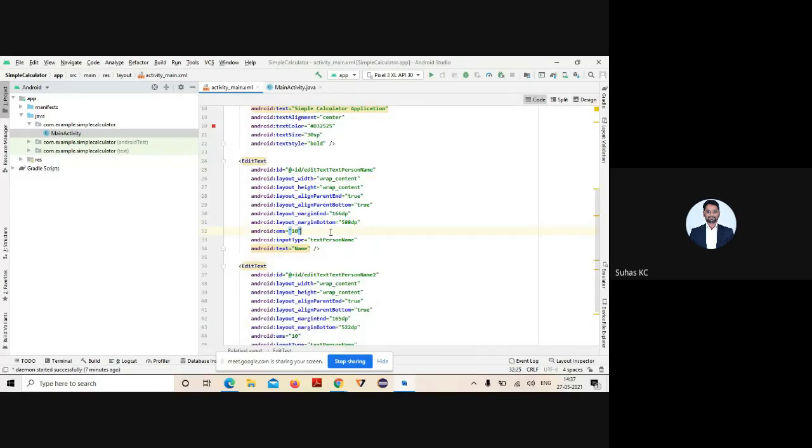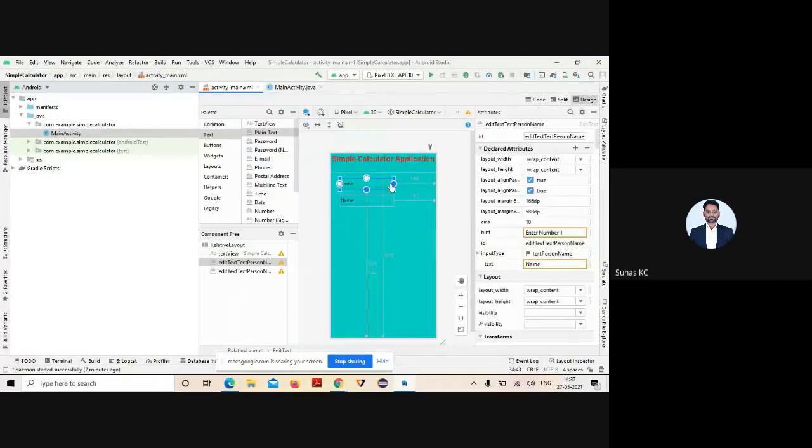Wherever I want I can type. There's nothing like you need to type in that particular line only. I'll just give hint anta. Just give hint, it will display android:hint anta. You press that one, you just say enter number 1. Getting or not? Enter number 1. It can display, so you can just see it in your design part.